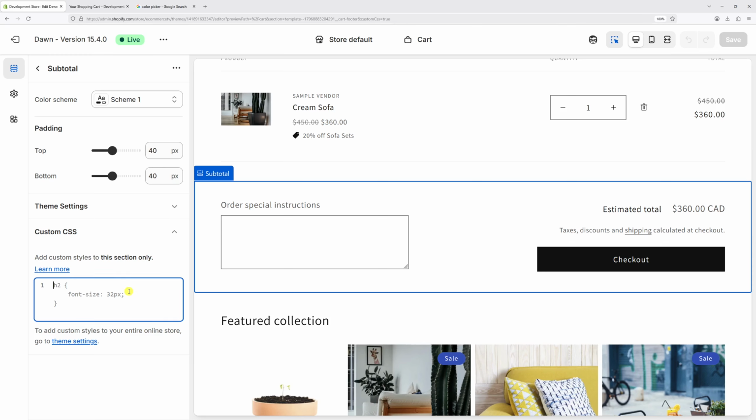Let's add the following rule. Type period, cart__checkout-button, period, button. Now open left and right curly braces. Place the cursor in between, then press enter. On the next line, type